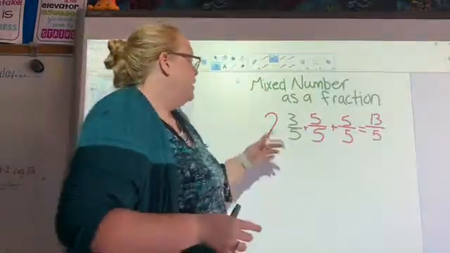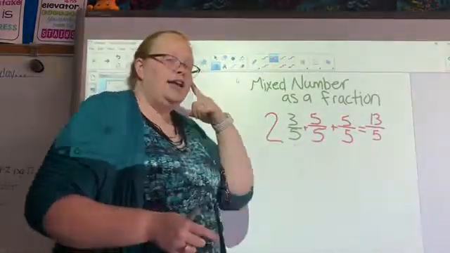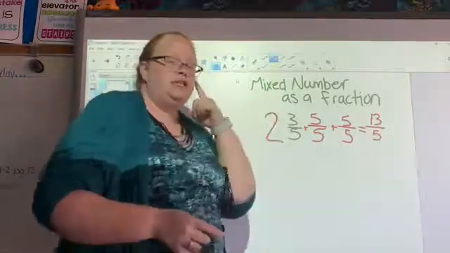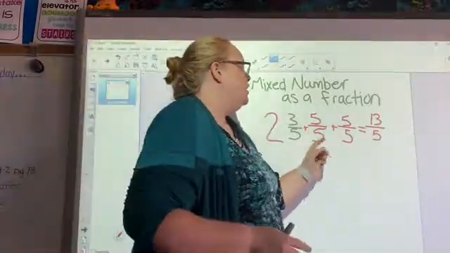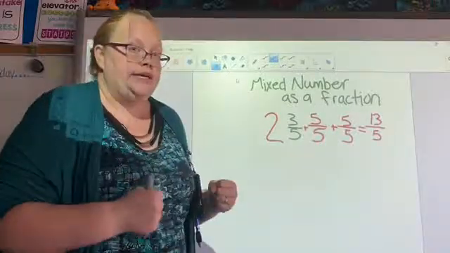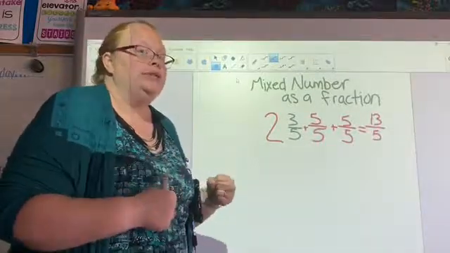So yes, they can do 2 times 5 is 10 plus 3 is 13, but I need to make sure they're understanding what the whole is that is being pulled out and what the whole is that is being worked